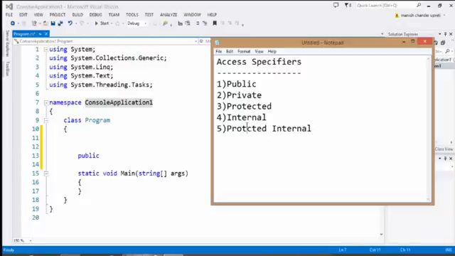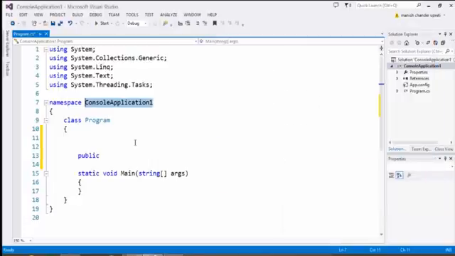So internal also, and protected, we are going to discuss in inheritance. So for the time being, we just need to concentrate on public and private modes. Okay. So we are going to declare a particular function, let's say public, and then the return type